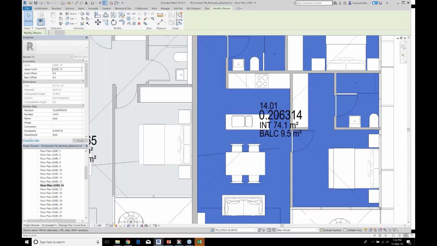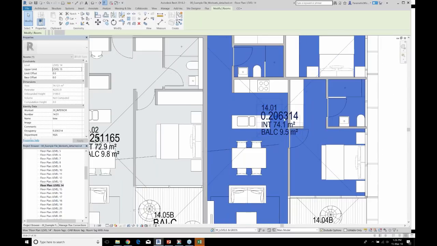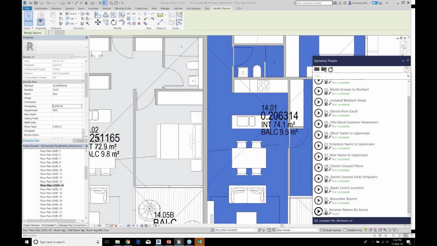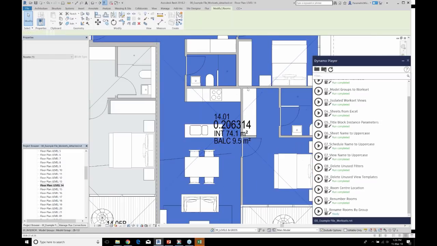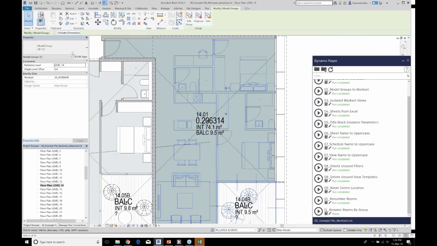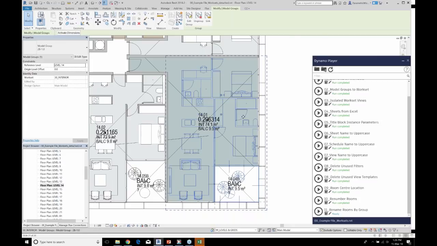So I've run a bit of a reset script, which just randomizes the name parameter, the occupancy parameter of each of these rooms. And so this final one, rename rooms, is basically going to get all of the model groups with those prefixes that we define.